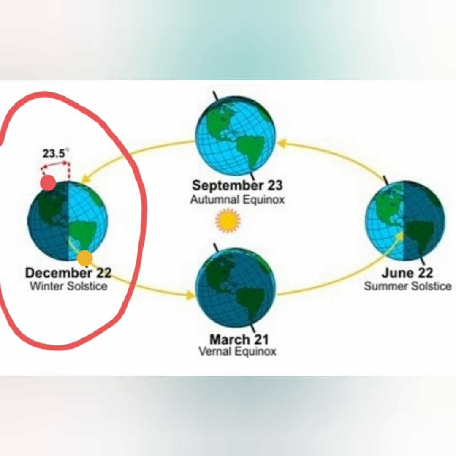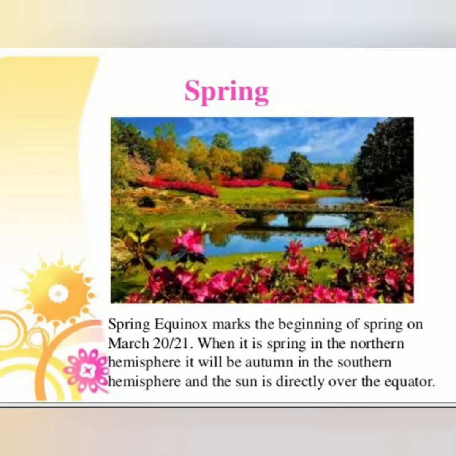And as you all know, the South Pole is tilted towards the sun and the North Pole is tilted away from the sun. So the southern hemisphere has summer and the northern hemisphere has winter at this time. Next, spring season. Spring equinox marks the beginning of the spring on March 20 or 21. When it is spring in the northern hemisphere, it will be autumn in the southern hemisphere, and the sun is